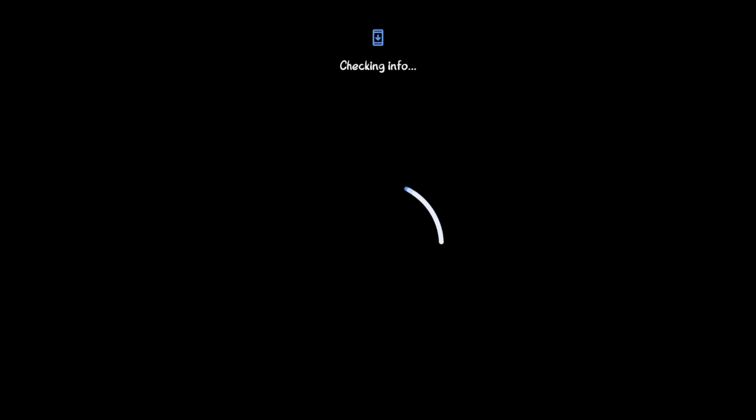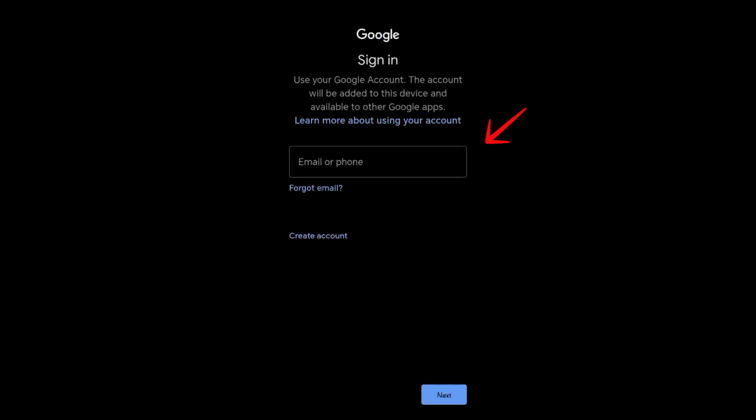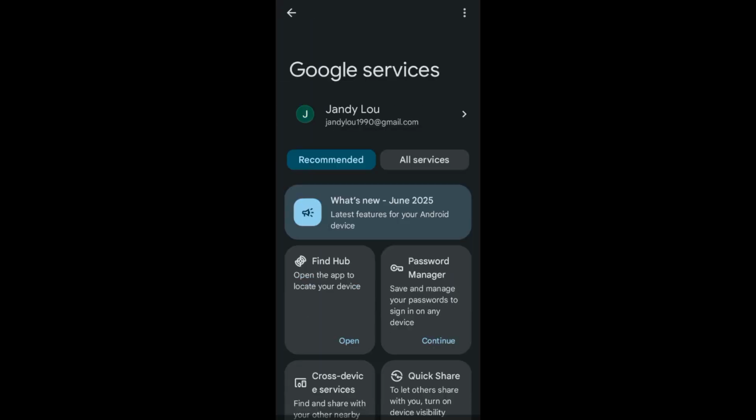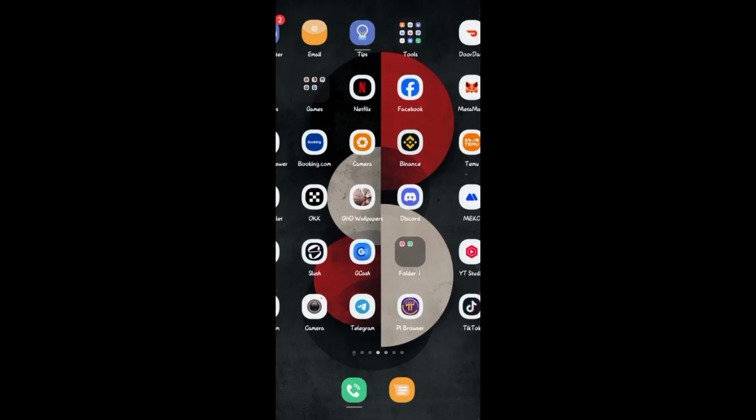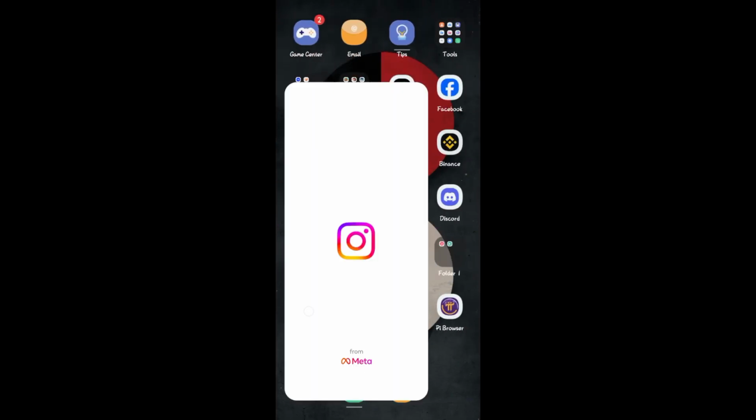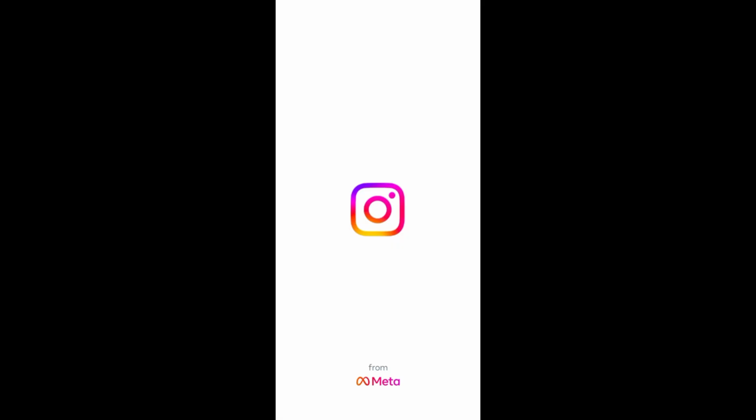So this is just one of the ways on how to transfer everything from old to new Android. If you want to move everything from your old Android to a new one, you can use your Google account as your backup. Once you have done the backup and restore, you can open an application, log in to your account, and see if you have turned on the